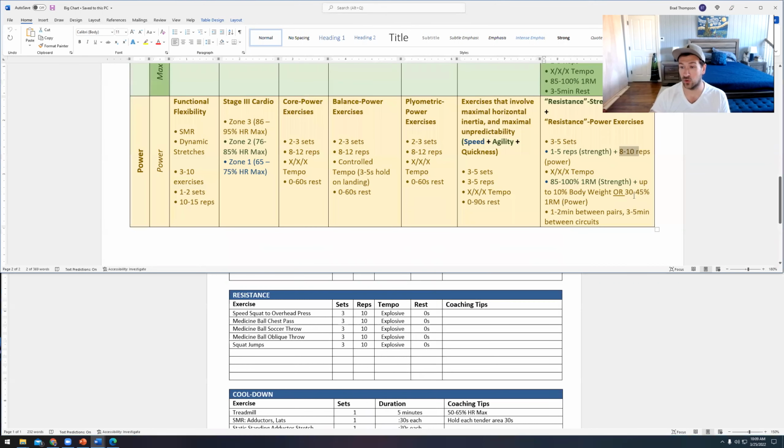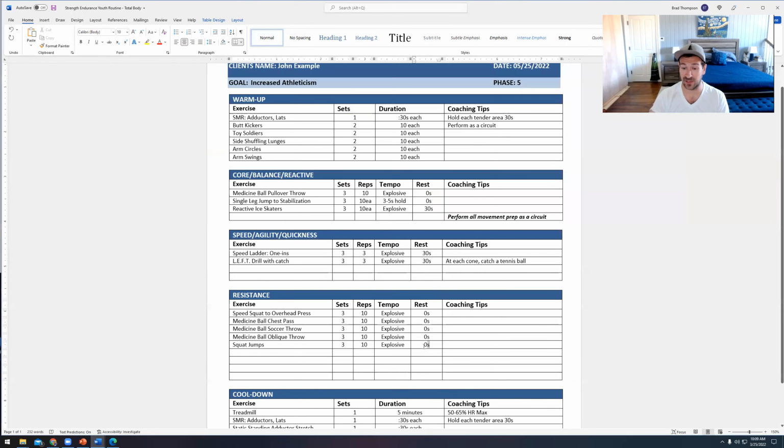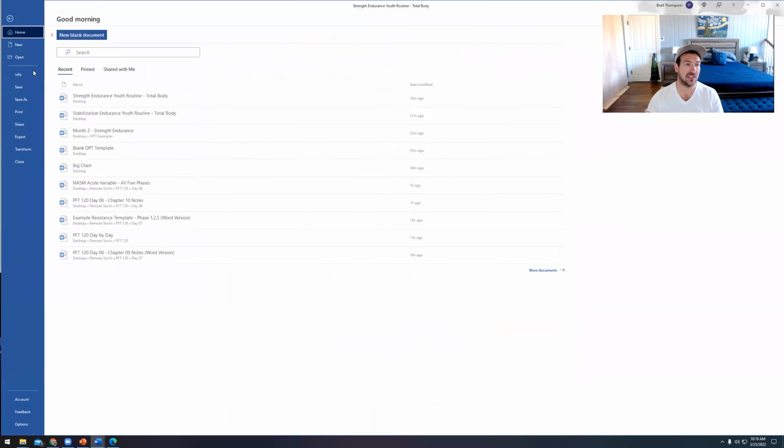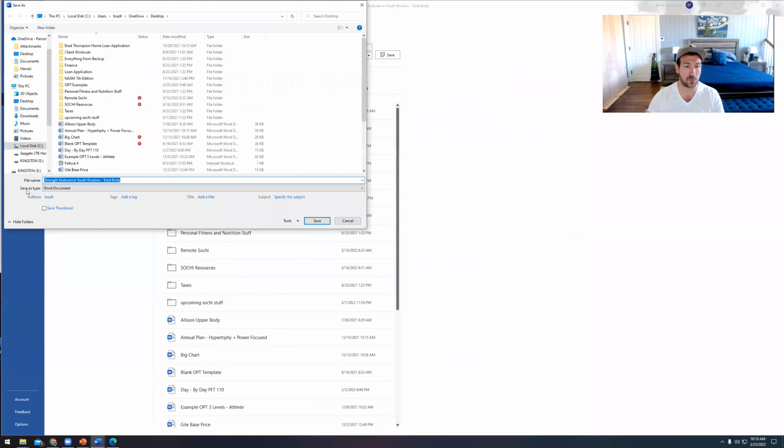Now, the rest period should be 3 to 5 minutes between circuits. That seems like a lot, but remember, this is a very explosive routine. So they need lots of time to recover in between. That is the bare minimum I'm giving my client, 3 minutes there, and that's going to be real endurance based. And that is the power routine. So we just built 3 months of workouts